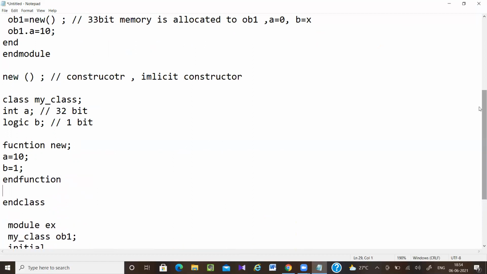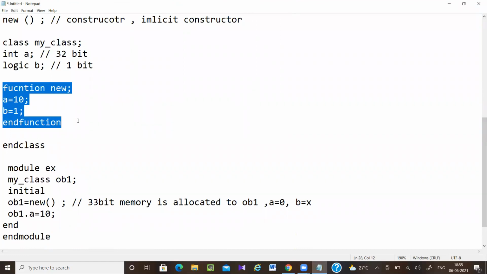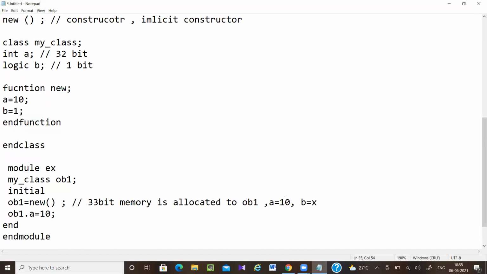Whenever you call new, it will call this explicit constructor, so a will be 10 and b will be 1 because you have declared it like that.